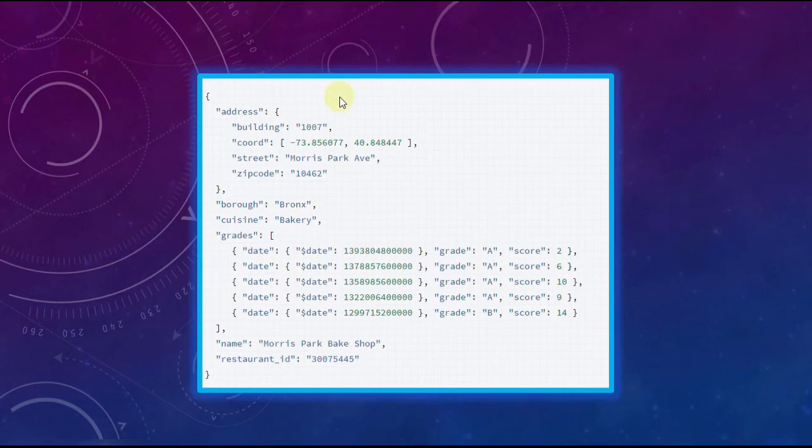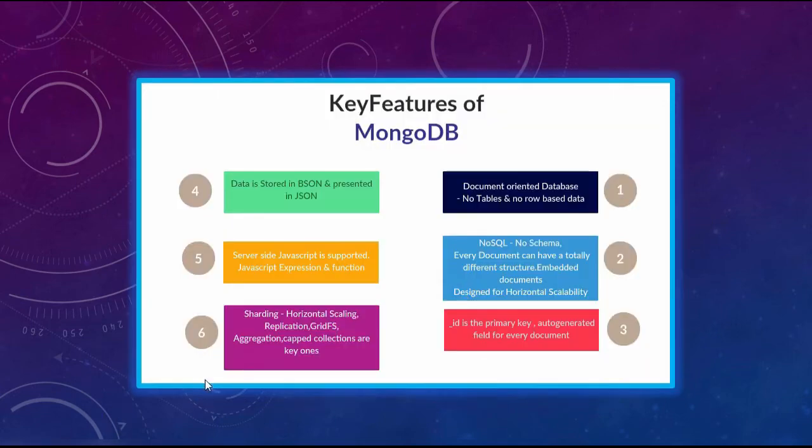Okay, before moving to the next section, let me recollect what we have seen in this session. We have seen the key features of MongoDB. That is, it is a NoSQL database. It's a document-oriented database. And the ID key is auto-generated by MongoDB, and it's a primary key for every document. And data is stored in JSON format. Internally, it will be saved in binary JSON, that is BSON.